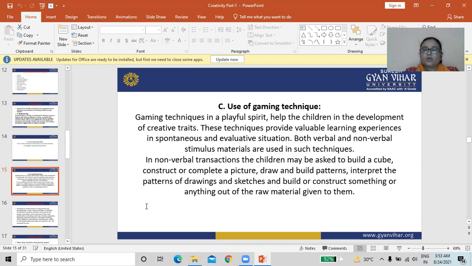So gaming technique is also used to foster the development of creativity in the child.